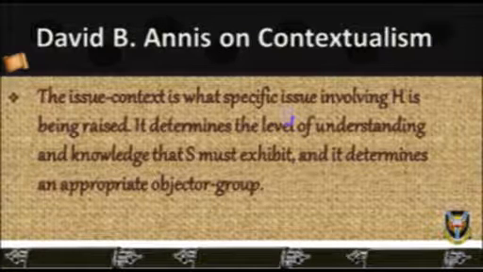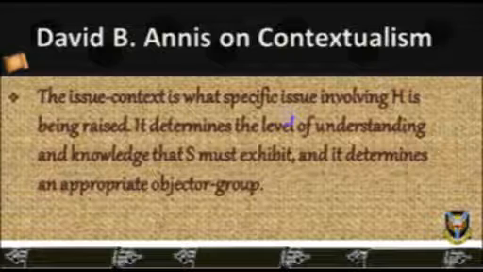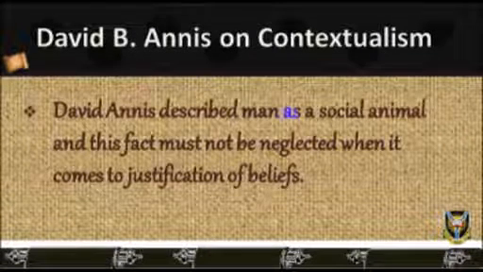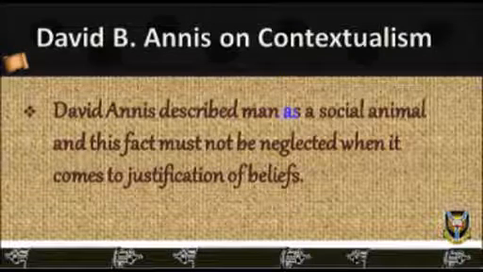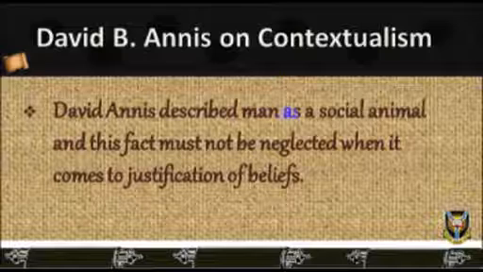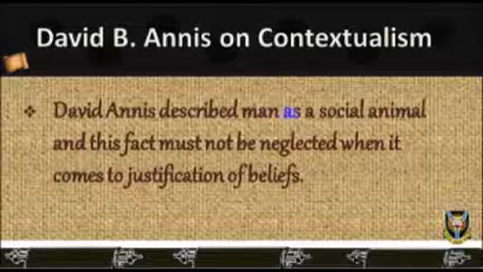The importance attached to the outcome of accepting H when it is false or rejecting H when it is true is a component of the issue context. Suppose the issue is whether a certain drug will help cure a disease in humans without harmful effect. In such a situation, we are much more demanding than if the question were whether it would help in the case of animals. In both cases, the appropriate objector group would be the same, namely qualified researchers. But they would require more proof in the former case.